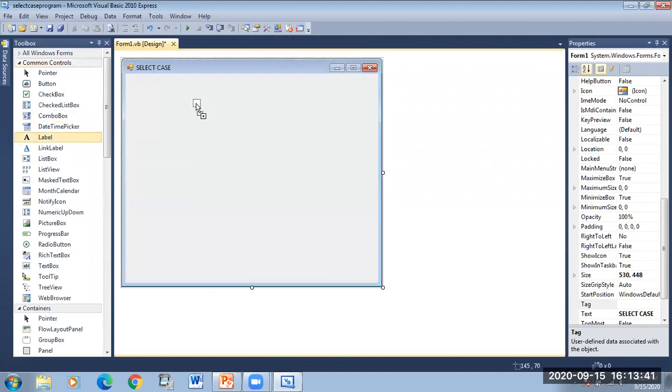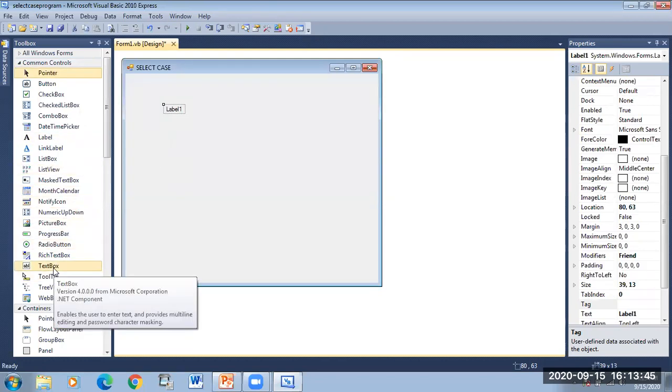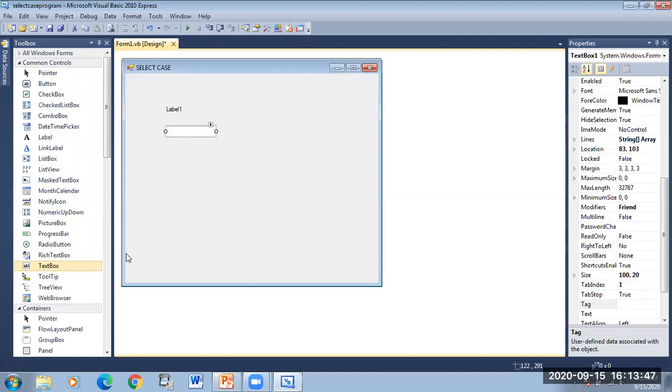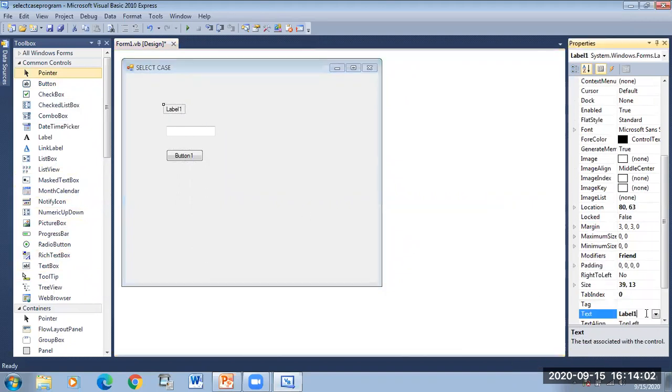So label, then text box 1, then button. We're going to take one button. Label name is label 1, and the text will be click the button.